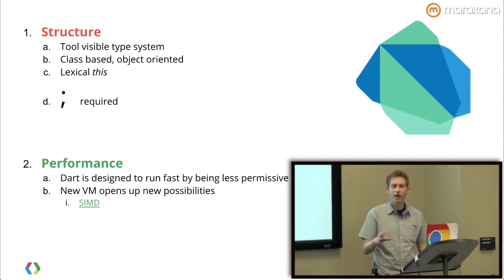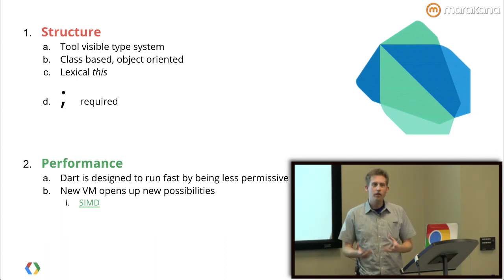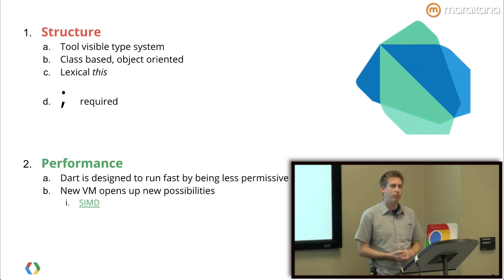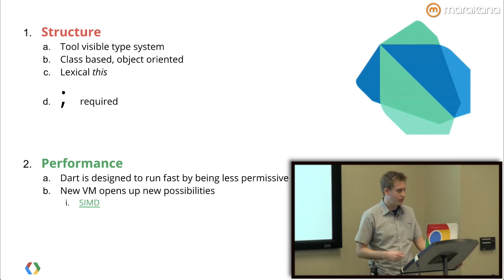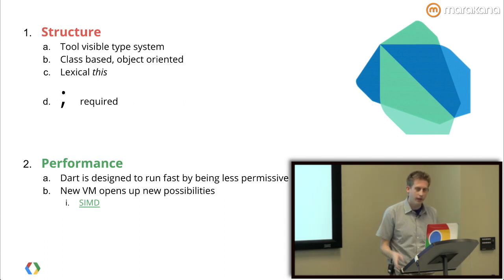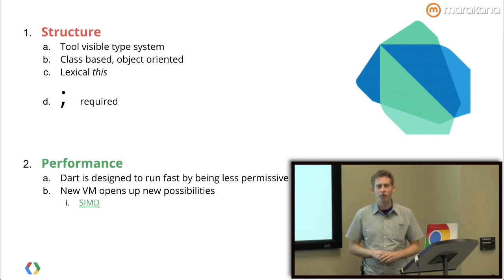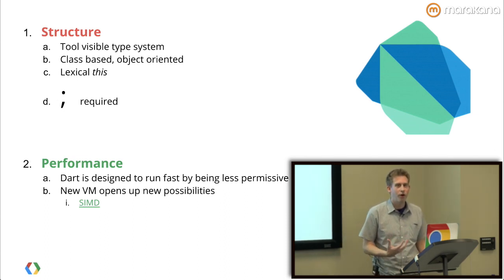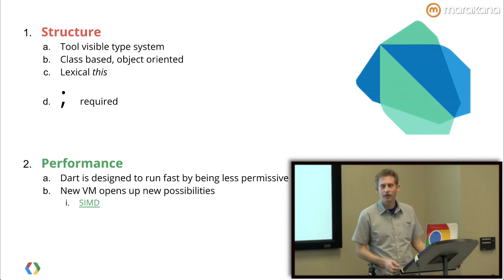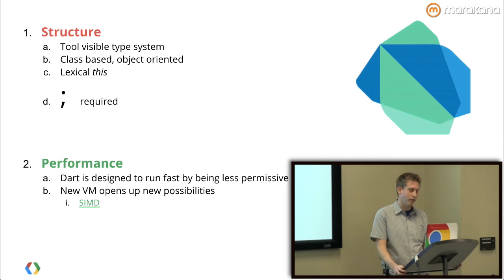I'm a lazy, kind of sloppy guy, and I make a lot of errors. Tools are great. It's class-based and object-oriented, which is, I like the prototype-based language in JavaScript, but it's almost too flexible. It's a lot of fun, but it's this weird sludge, and I'm used to working in a class-based world. Lexical this is huge. Every time I write code in JavaScript, I get bitten by this where, because of my own ignorance of JavaScript, I get into the situation where this is the wrong this. And in Dart, that never happens to me, so I really appreciate this.